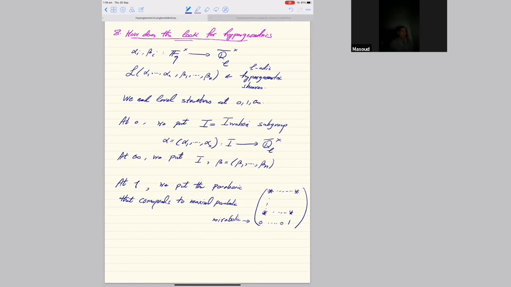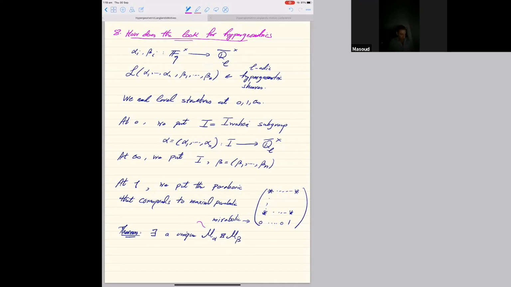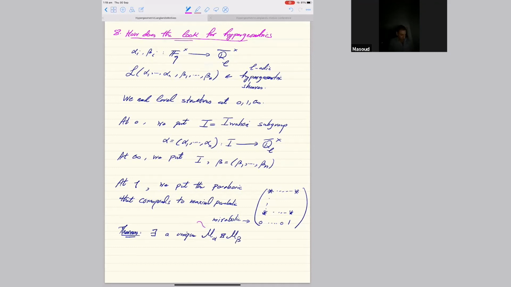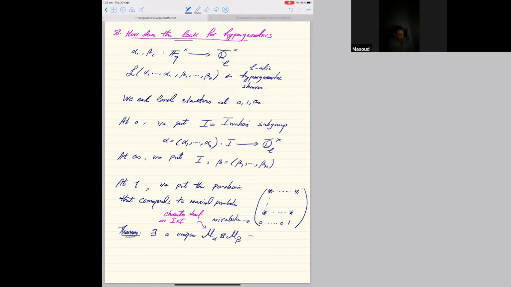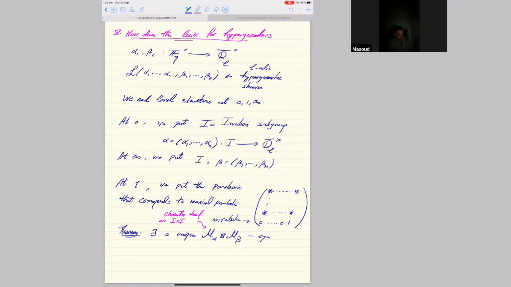Okay. So then our main result can be reformulated as follows. The heart of the matter is the following theorem: there exists a unique mu alpha, mu beta, where this mu is the character sheaf corresponding to alpha and beta, on I times I. So there is a unique mu alpha, mu beta equivariant perverse sheaf on Bun_N equipped with these level structures